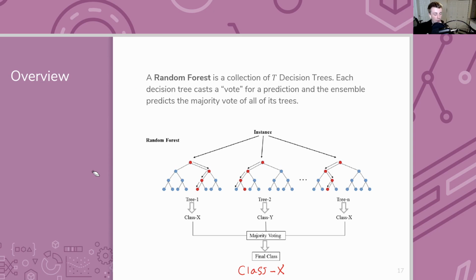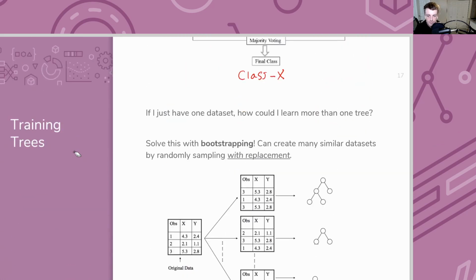And hopefully, the idea being if you average over a lot of models, then maybe you might get better predictions overall. So if you have three decision trees, one saying that the class should be X, the other saying the class should be Y, another saying the class should be X, each individual model gets its own vote, and the ensemble combines them with something like majority vote. So in this example with just three, it would output class X.